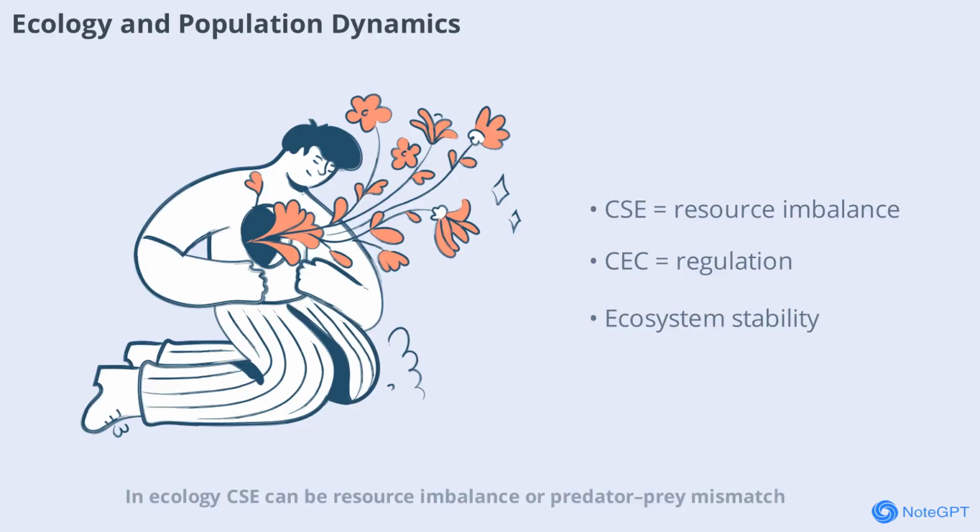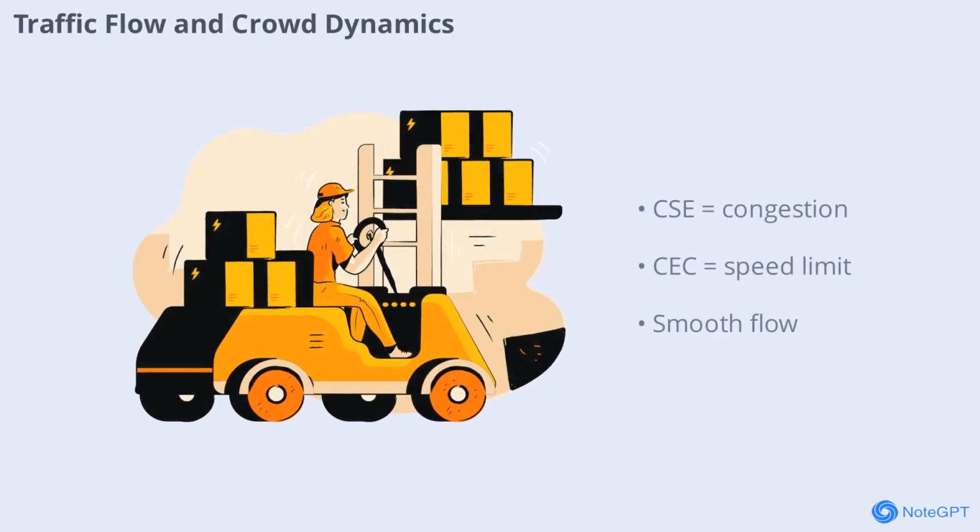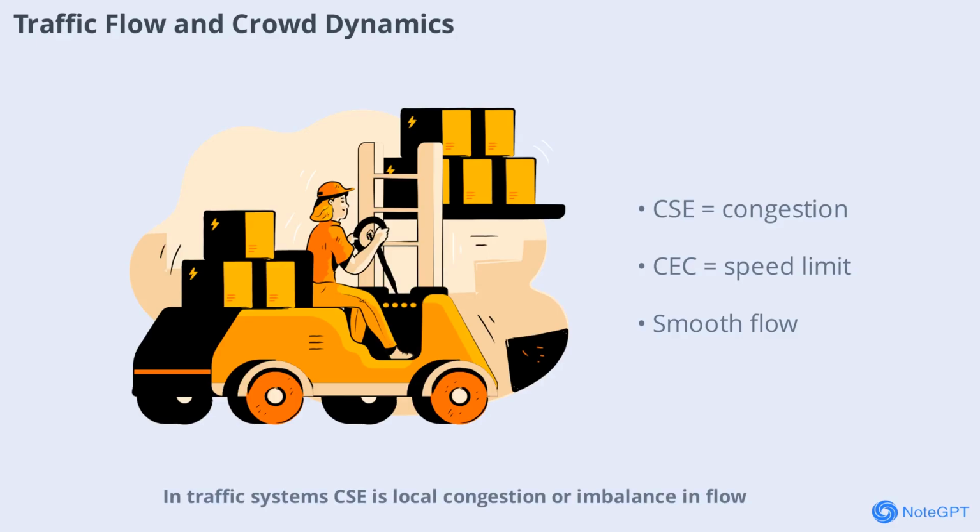In ecology, CSE can be resource imbalance or predator-prey mismatch, while CEC is the local carrying capacity or regulatory mechanism. By adjusting CEC in response to CSE, populations can adaptively migrate, reproduce, or enter dormancy, maintaining ecosystem balance and reducing extinction risk. In traffic systems, CSE is local congestion or imbalance in flow, while CEC is the variable speed limit